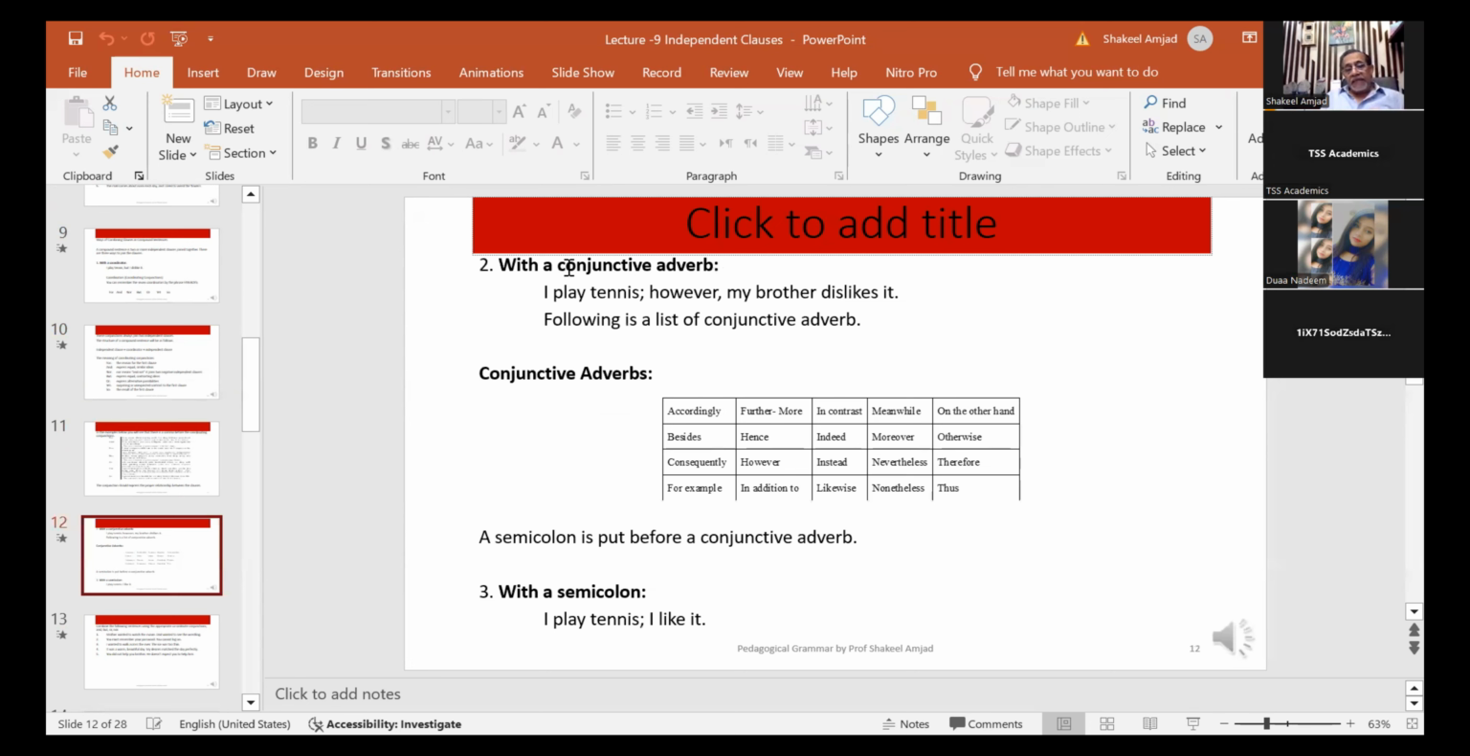अच्छा, अब कंजंक्टिव एडवर्ब से 2 क्लॉजेस को जोड़ा जाता है. आई प्ले टेनिस, however my brother dislikes it. Following is a list of conjunctive adverbs: accordingly, besides, consequently, for example, rather, moreover, hence, however, in addition to, in contrast, thus, otherwise, therefore, on the other